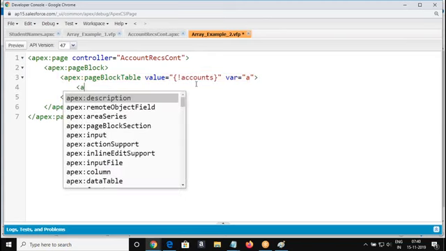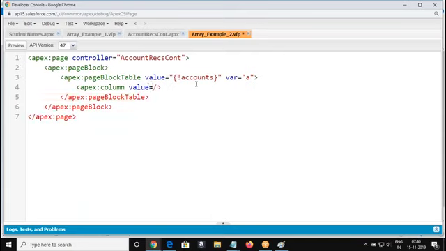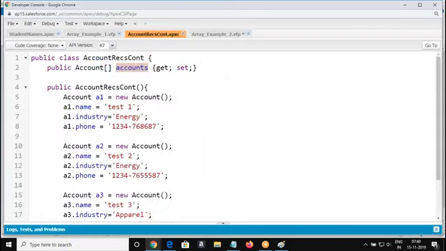And we are going to refer to one field by using column. So what is it going to have? Every time it's going to have one element from this array. What is one element? One element is nothing but your account variable.